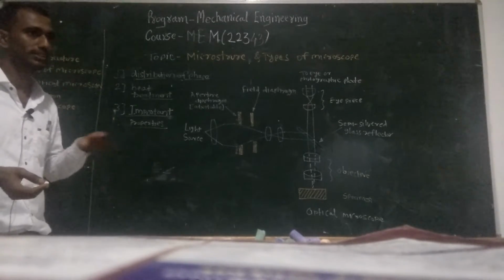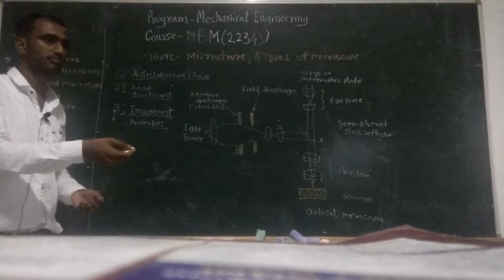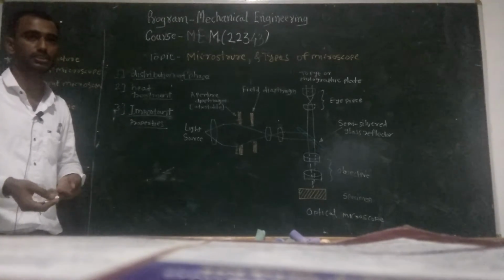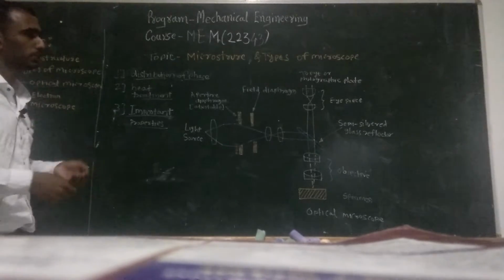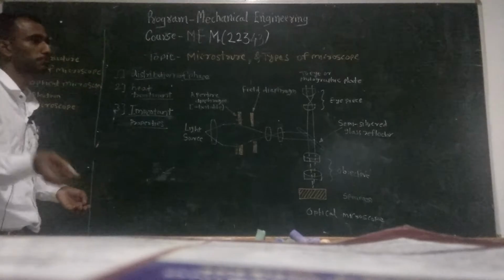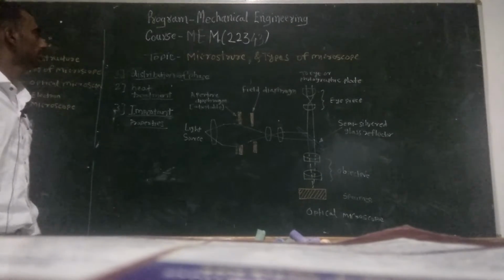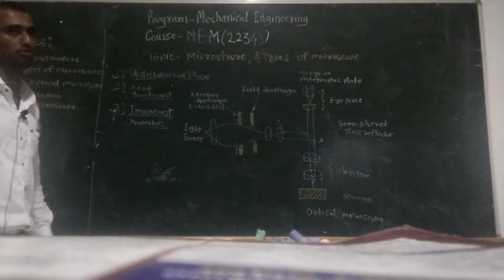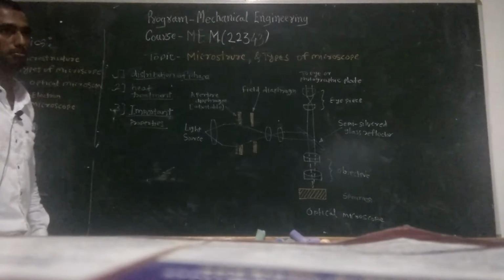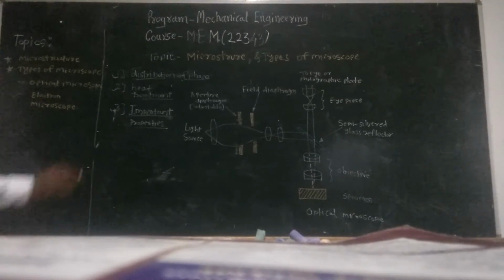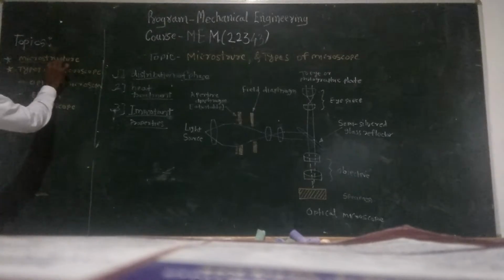Means they possess high hardness, they possess greater machinability, then they possess high strength. Okay, all the knowledge of the properties we get after studying the microstructure of that particular metal or alloy. These are the reasons to study the microstructure of the particular metal or alloy. This is all about the concept that is microstructure. Okay.